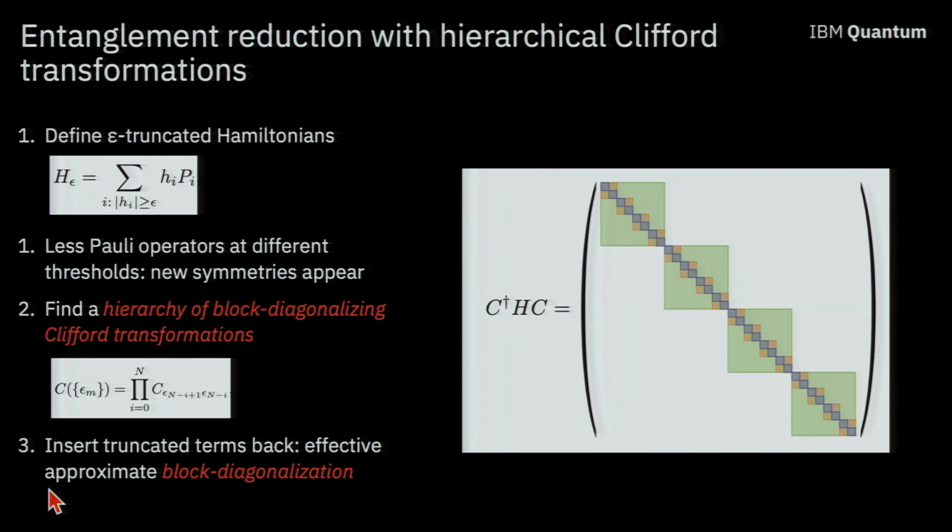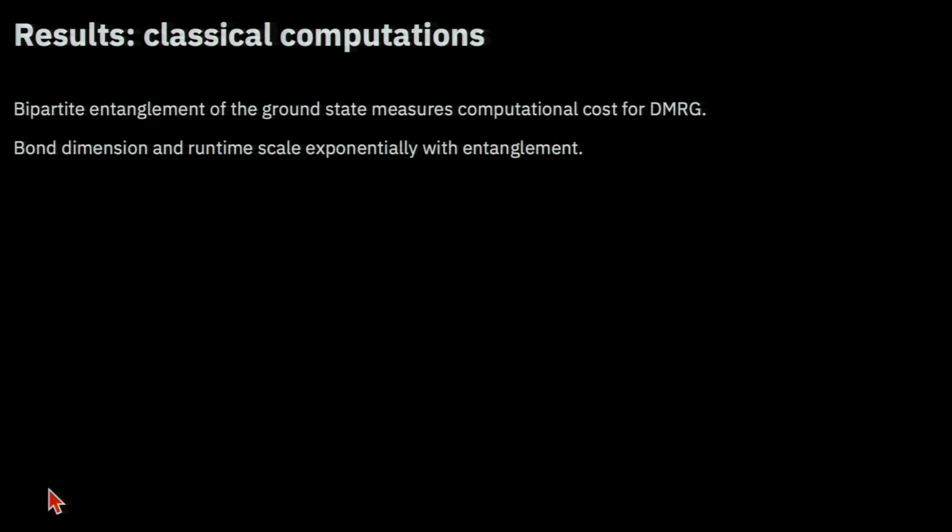block diagonal. So we have this block diagonal structure, in which smaller blocks are blocks where the quantum degrees of freedom are very strongly interacting, and as we go to larger and larger blocks, we have weaker and weaker interactions. Okay, and then we realized that this structure was extremely helpful both for quantum and classical computations.